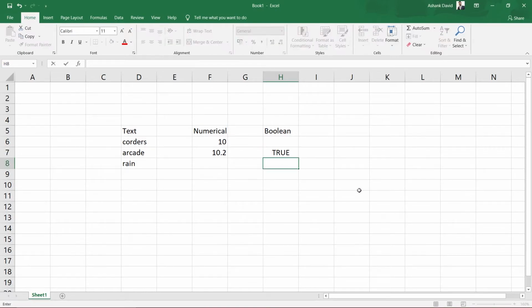The same applies with false. If I press enter, you see this false also gets aligned in the middle. Because true and false are Boolean values, they get aligned in the middle of the cell. So this way you will get to know that these two values are Boolean values, and Excel always aligns all the Boolean values in the middle of the cell.